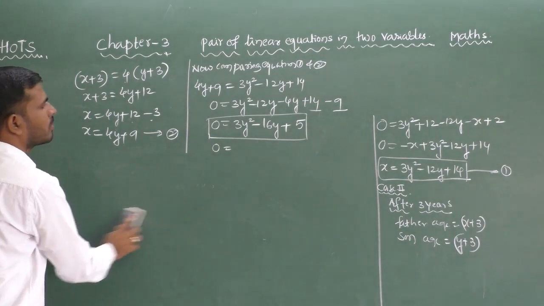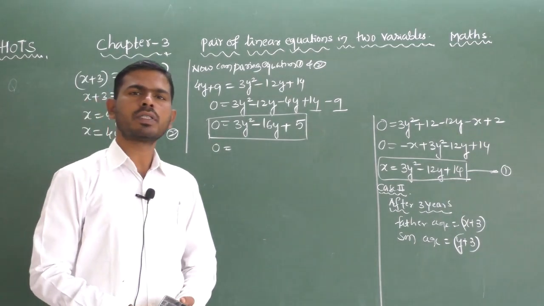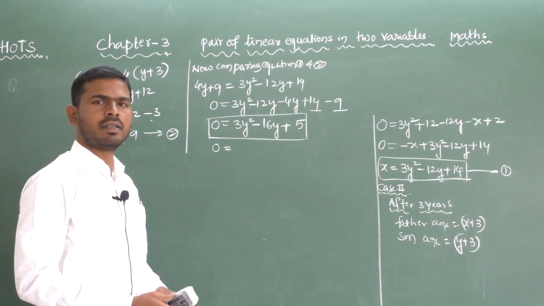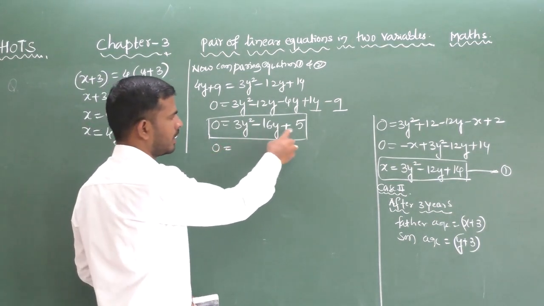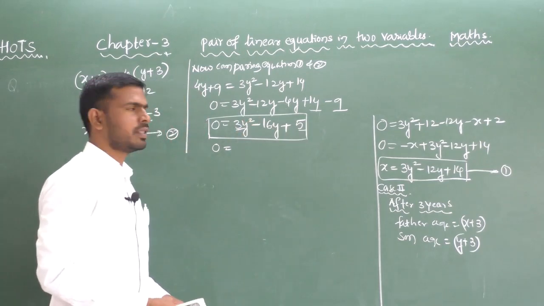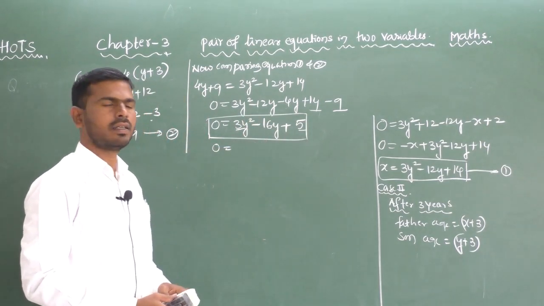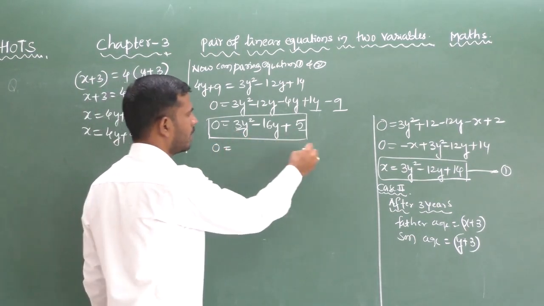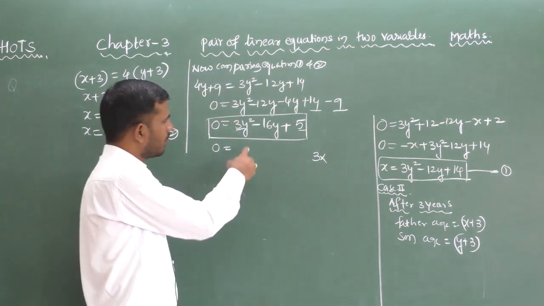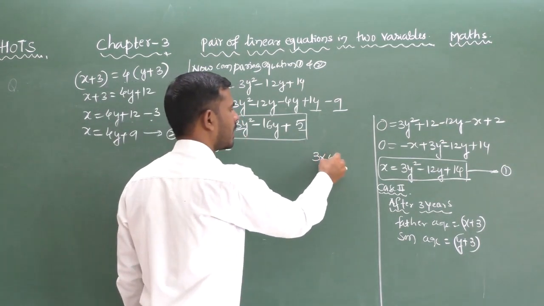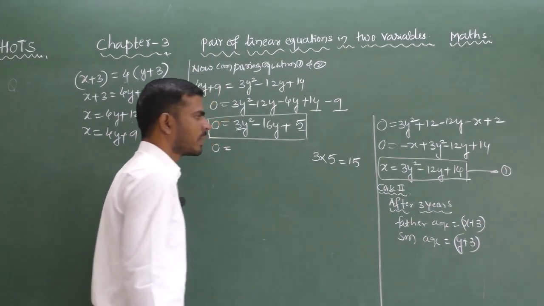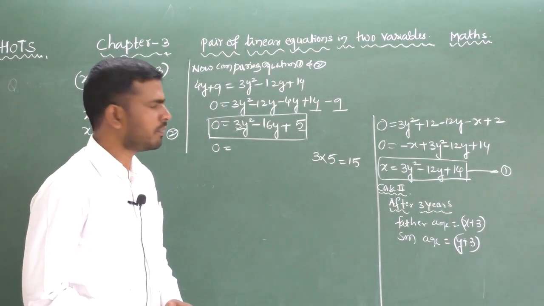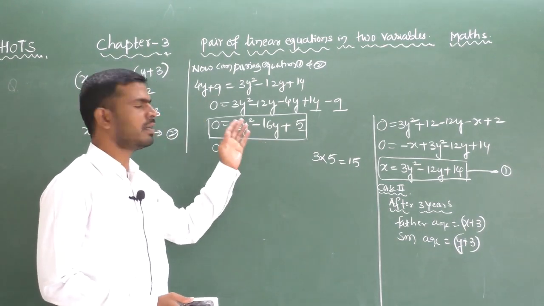If you know how to solve the quadratic equation, you can pause the video, solve the equation and verify your answer with my answer. So just see here, this is 3 here, 5 is given. This is the general form of a quadratic equation. Here the coefficient of y square is 3, the constant is 5. So 3 times 5 is 15. You have to find the factors of 15 which multiply to give 15, and plus or minus gives 16.